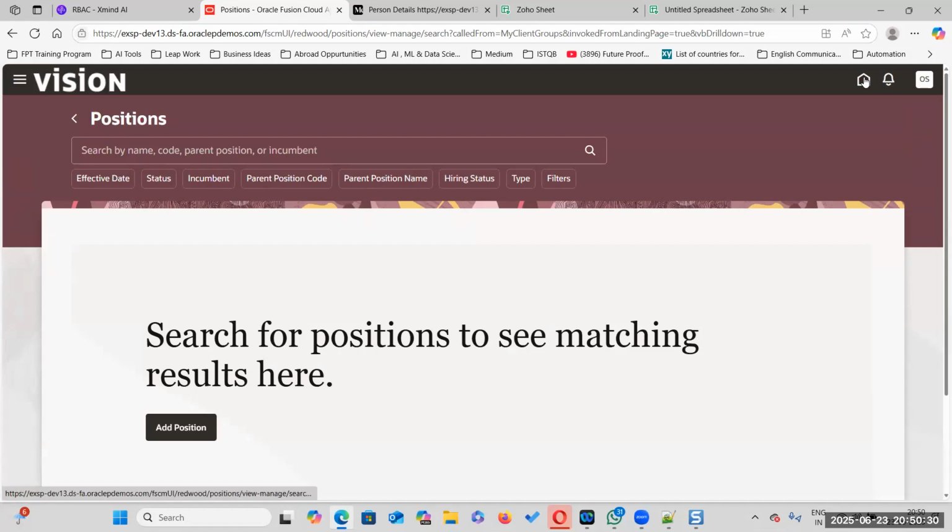So if you are seeing Redwood, what does it mean? This is another side of the river. Another side of the river means as an end user: HR manager, HR, line manager, employee, something like that. If you are seeing the Redwood or responsive UI, it's another side of the river. If you are seeing what they call Classic, that means completely implementation. Now we will add another few things and we will wind up for today's class.